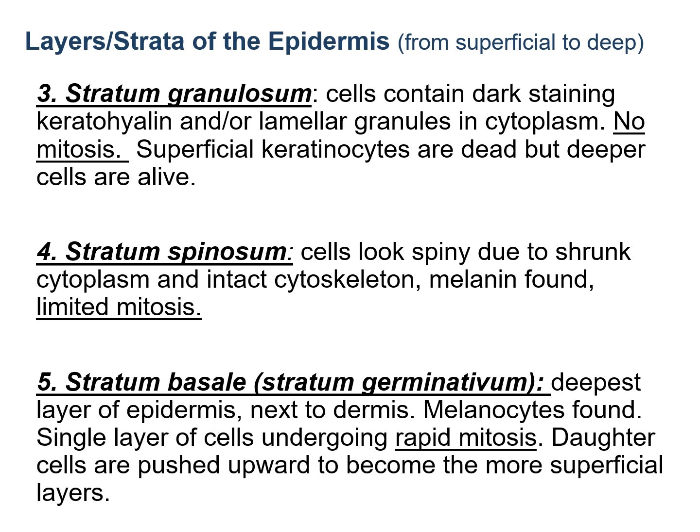After stratum granulosum, the fourth layer is known as stratum spinosum. Spinosum comes from the spiny appearance. The cells here look spiny because the cytoplasm shrinks, but the cytoskeleton is still intact. So those protein fibers of the cytoskeleton are still sticking out. This layer of cells is alive and there is limited mitosis, that means cell division going on.